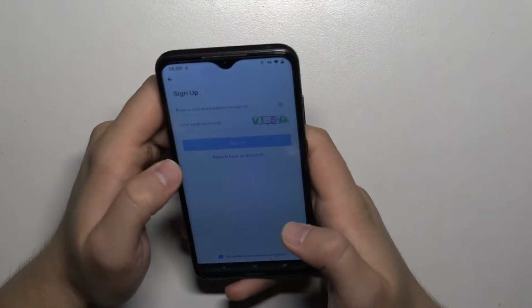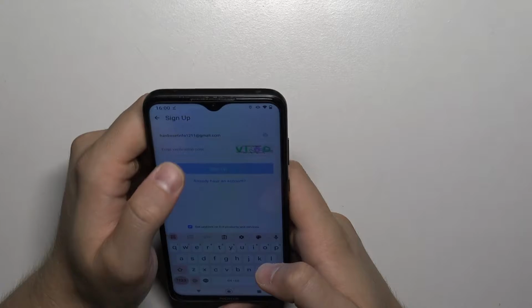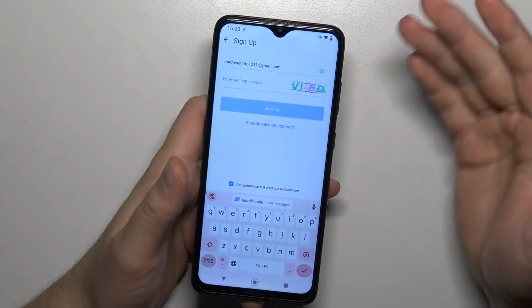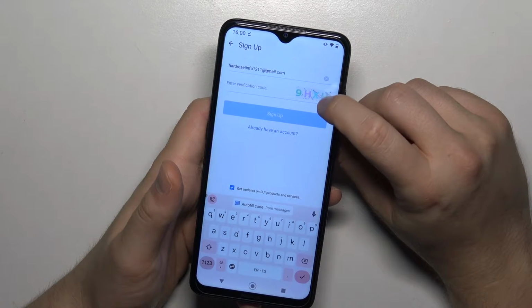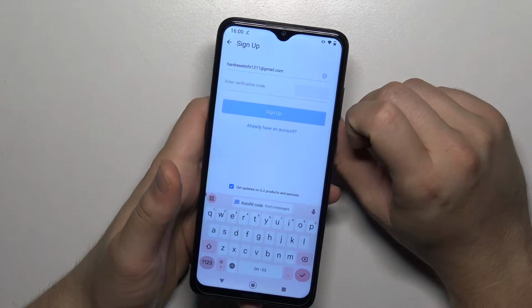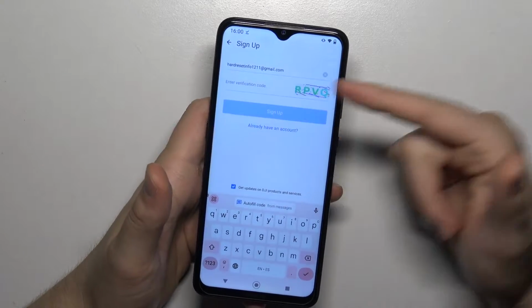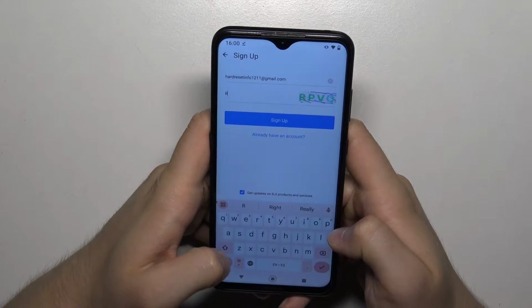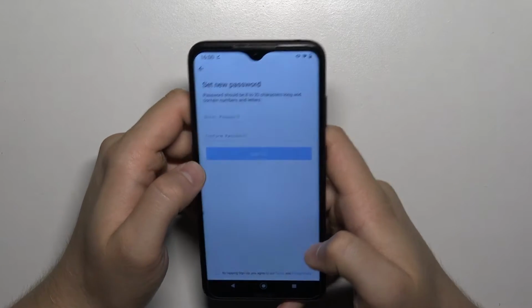And here we have to input our email. So that's mine, and also the verification code. If you have a not very visible verification code, you can just click on it and you will be able to easily switch to the one that you are able to provide right here. So this one looks pretty straight. I'm gonna put this one, click to sign up, and here,